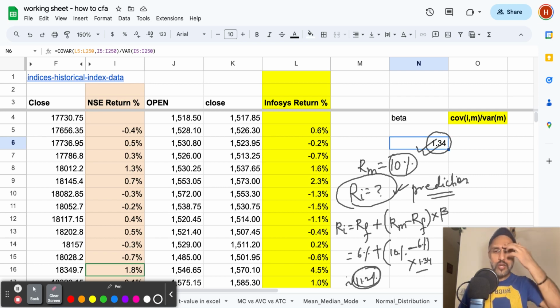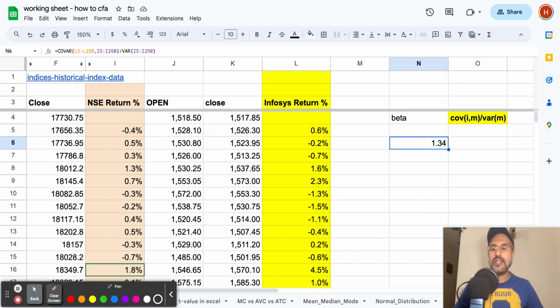Now, depending on your client's mandate, you will either invest in this or not. Say, for example, if your client said, no, please don't invest in any stock which gives less than 15% return, then in that case you would not have put your money here. Otherwise, if your client's mandate was to invest in any stock giving 5-10% return, then you could have easily invested in this stock. Got it? So, friends, now let's go back and see whether this number which you have calculated through your Excel